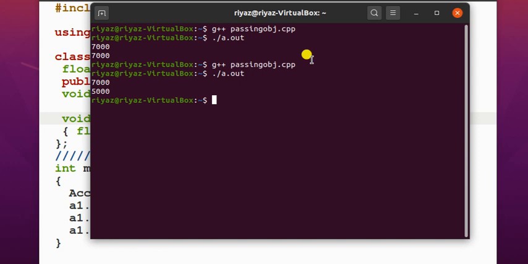This is one way. The other two ways are not that easy. One is passing the address of a variable and the other is a return statement. With return, you have to again collect it in A2, like A2 is equal to, you have to call like this. So the best, simple way is to pass an object which is getting modified by reference. The limitation of return is what? It can return only one variable. If more than one variable is there, then you have to either pass the addresses or pass them by reference. So the simple way is pass by reference. So prefer that to any other method.